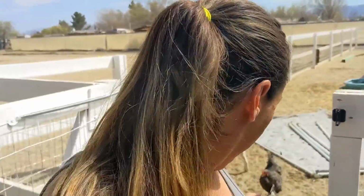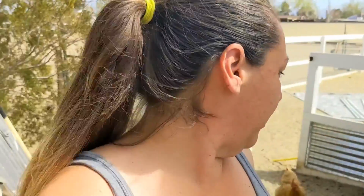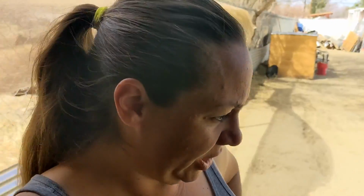I'm going to move this dog really fast because she thinks she can bully the rabbits. Come on, Daisy. Come on, let's go. Daisy, come on. She's the only one I have to keep an eye on. The other two dogs are pretty easy to care for, and they don't really mess with the animals. So I'm checking on the...